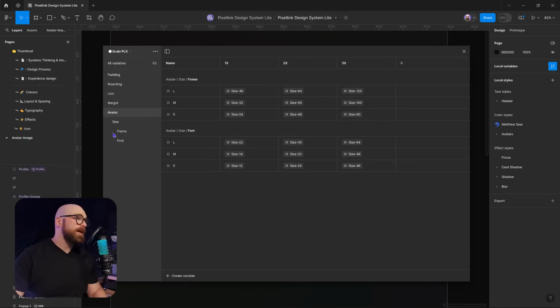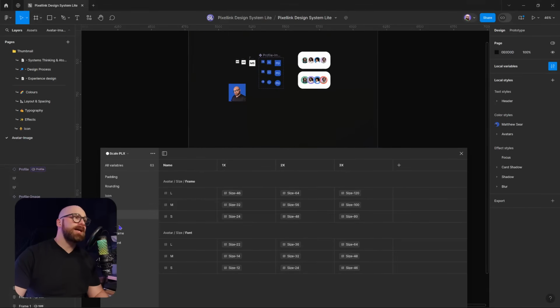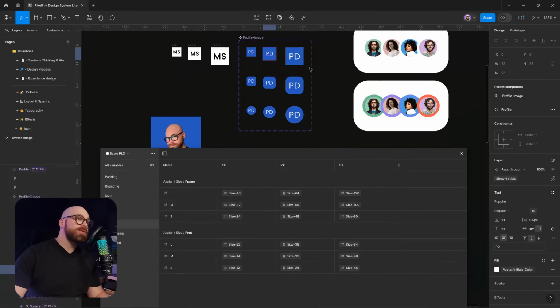Over here, I have my avatar component, which I've added in my scaling. I have scaling 1x, 2, and 3. And what that allows me to do is I have, by the way, a large, medium, and small. We've got the large, medium, and small here. And this covers those. And we actually use these sets to adjust both the text and also the size